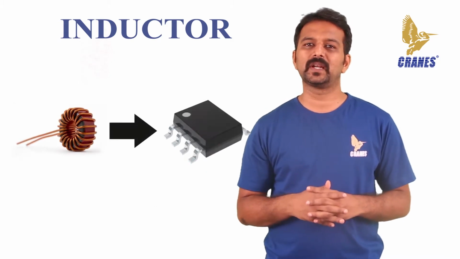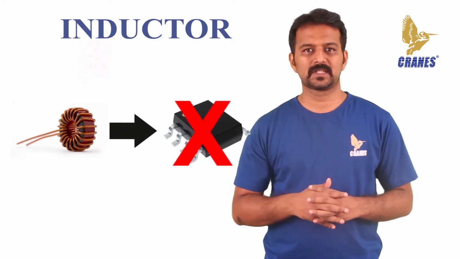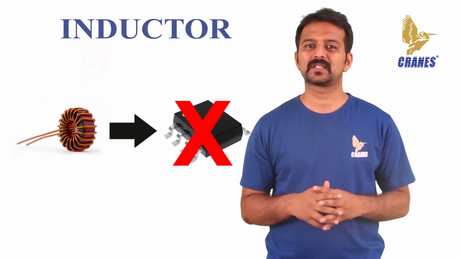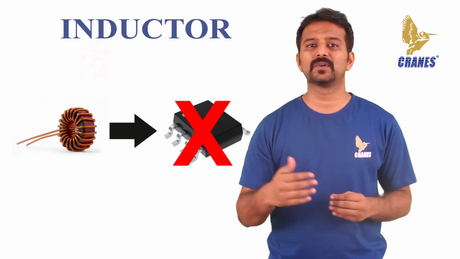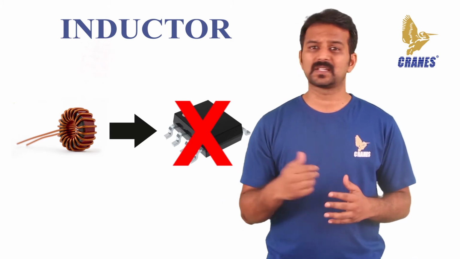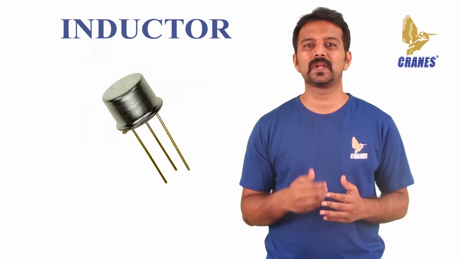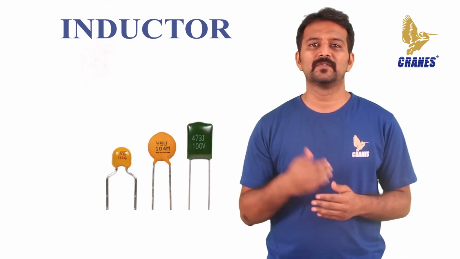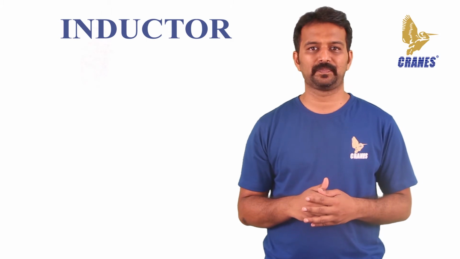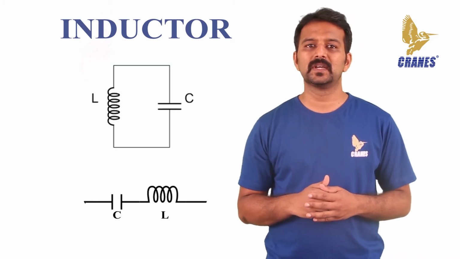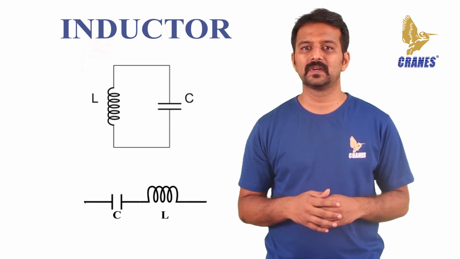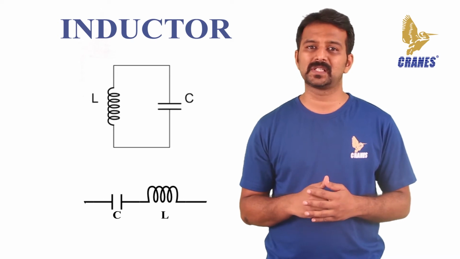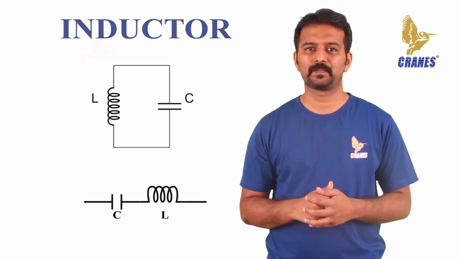It is difficult to fabricate inductors onto integrated circuit chips, which is nothing but ICs. Fortunately, resistors can be substituted for inductors in most microcircuit applications. In some cases, inductance can be simulated by simple electronic circuits using transistors, resistors and capacitors, which are fabricated onto the IC chips. Inductors are used with capacitors in various wireless communication applications. An inductor connected in series or in parallel with a capacitor can provide discrimination against any unwanted signals.